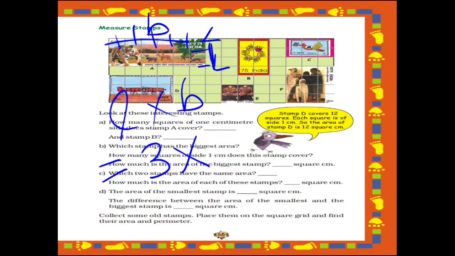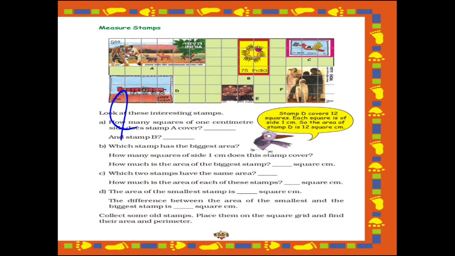This whole solution you will write in a notebook: that the biggest stamp is in the shape of a rectangle and the formula for finding the area of a rectangle is equal to length into breadth, and then after that you will put the value, that is 3, that is length, and 6, that is breadth, and 3 into 6 will be 18 square centimeter. So I hope this thing is clear. Now let's see the next question, that is C.